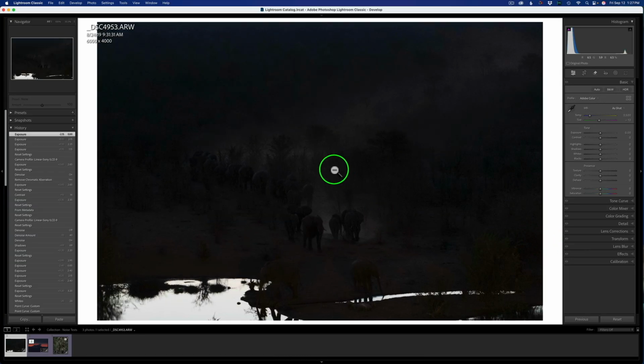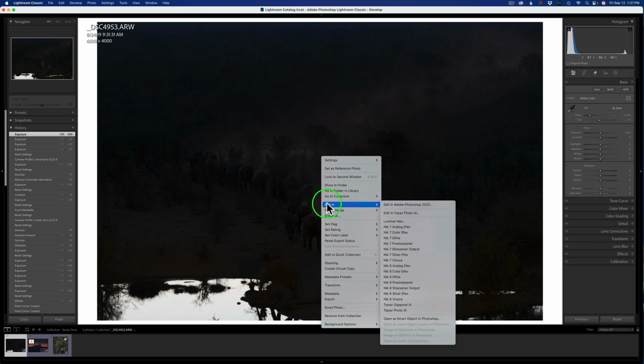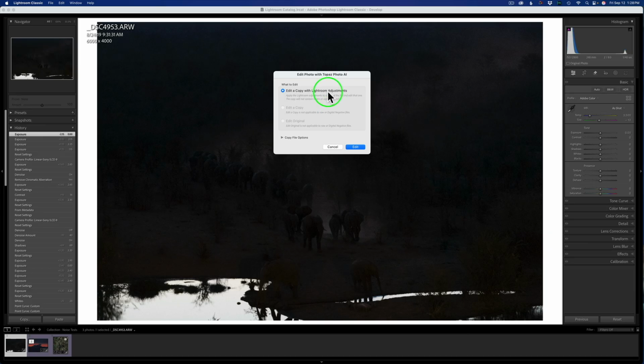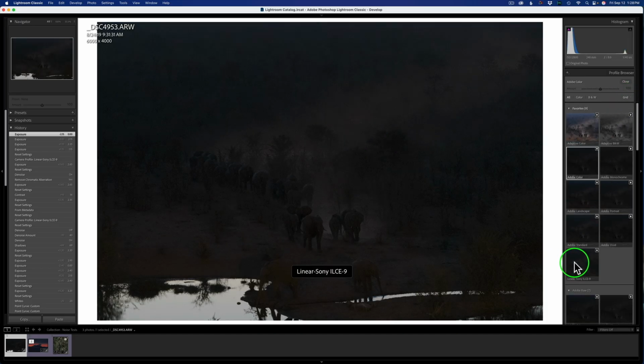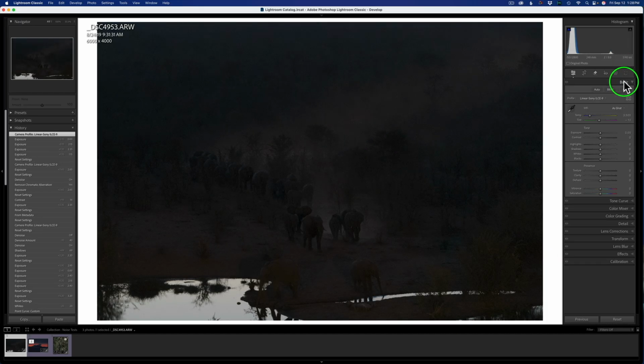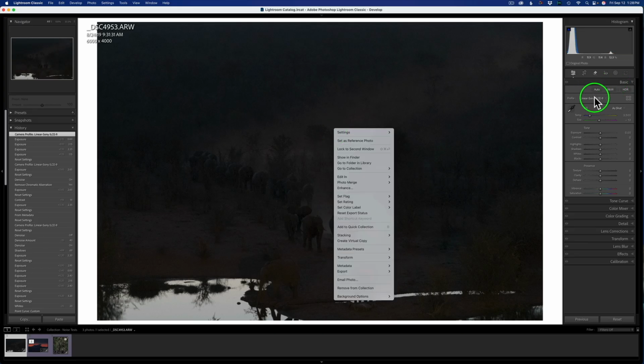How do we access Photo AI? Well, we're going to right click, go to Edit In, and you're going to come down and see Topaz Photo AI. Do I want to keep a copy with Lightroom adjustments? I would say yes. This has been reset to Adobe Color, but in all my examples, again, I put in the linear profile. So let's do that just so you guys are clear on this. This is the Sony A9 that I shot this with. And so now you see it's picked up the Sony A9. And now when I go to Edit In,